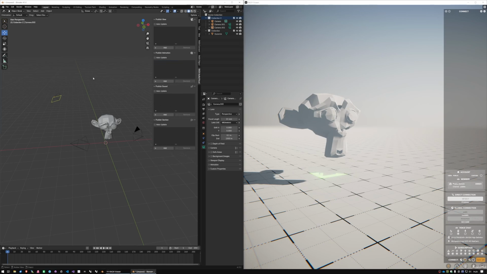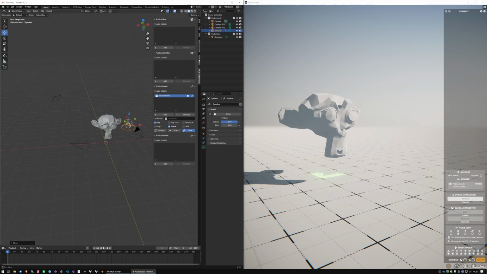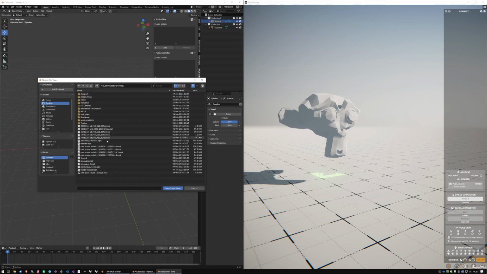Then we have publish sound. That is also quite simple. You simply put in a speaker somewhere in the scene. Then you make that collection that holds that speaker. Let's delete these. So now that's the collection that holds the speaker. So let's put that in here. And that one, you simply just hit the speaker here, give it an MP3.